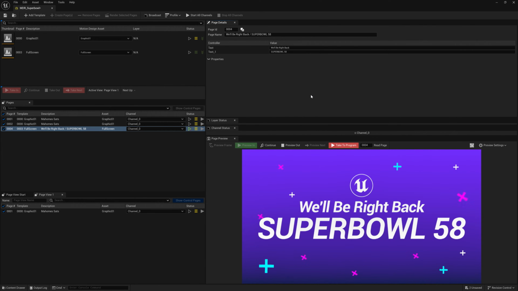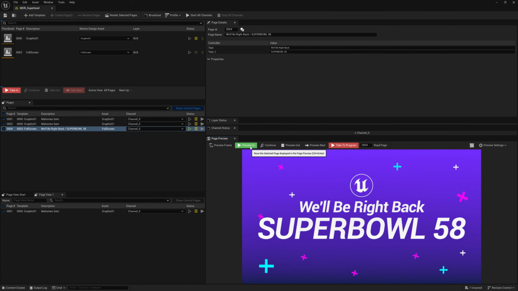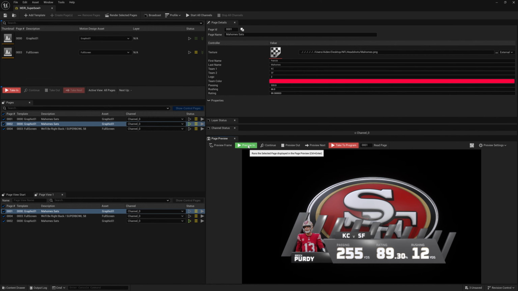There we go. So just add that into the mix. Don't think this one has an in or an out animation. No, it does not. Preview in, yeah, it just appears. Cool. So maybe I do that, and then I go to Purdy. There. So then in here I can go. Okay, so we start with Mahomes, which